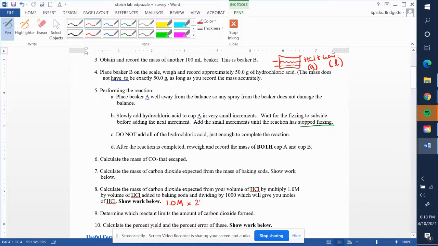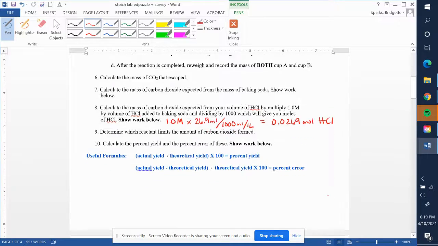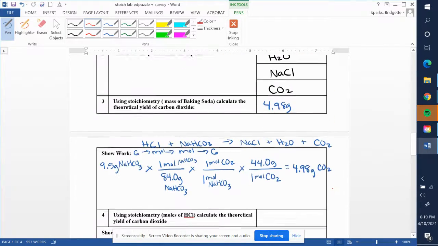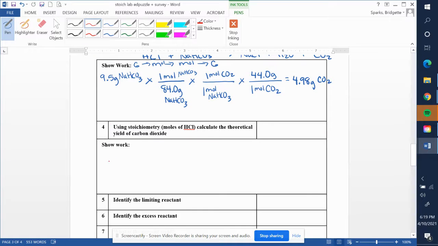And for this set of data, it was 26.9 milliliters. But then I asked you to divide all that by 1,000. And the reason is we needed to convert our milliliters into liters. And so if we crunch those numbers, we find that we had 0.0269 moles of HCl. That's how many moles of HCl were in that 26.9 milliliters. All right, so if I have our moles of HCl,